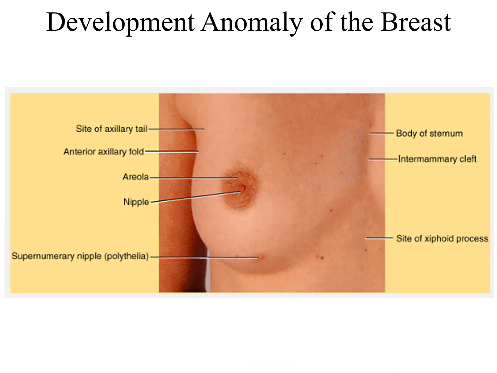This is another diagram which is showing the areola. You can appreciate the tubercles of Montgomery over here, and the nipple. This is a normal breast, but in the lower quadrant of the breast you also find a small nipple, which is known as polythelia, a supernumerary nipple. Supernumerary breast is known as polymastia and supernumerary nipple is known as polythelia if many nipples are there. Why does this occur? Because at this portion the mammary line or ridge remains as it is and develops into a nipple, which is an accessory nipple or an extra nipple.